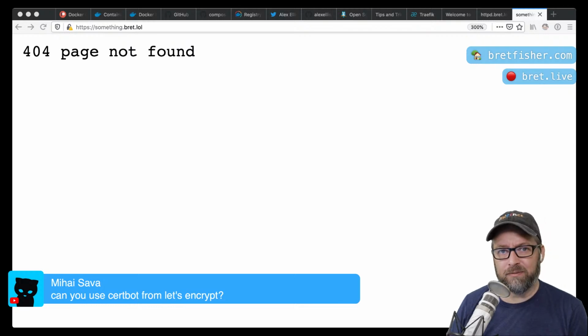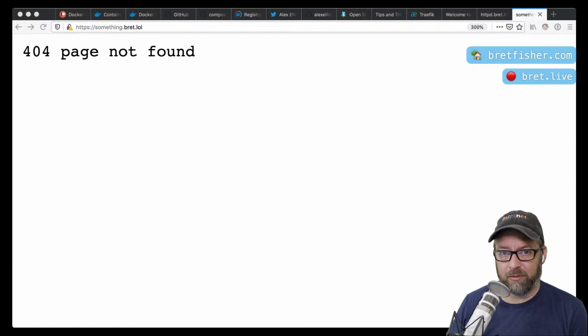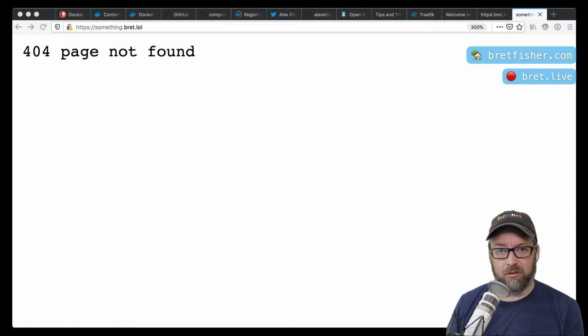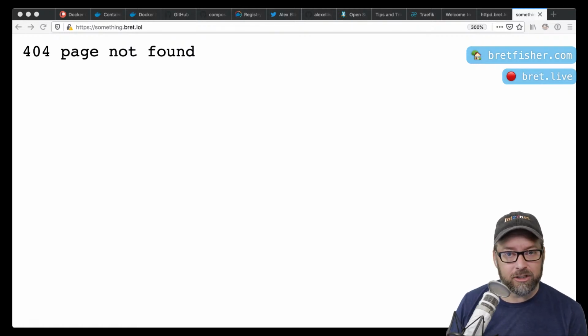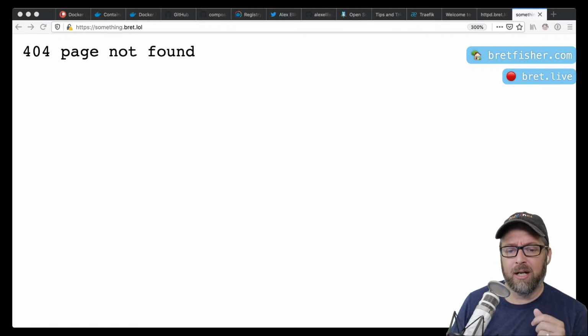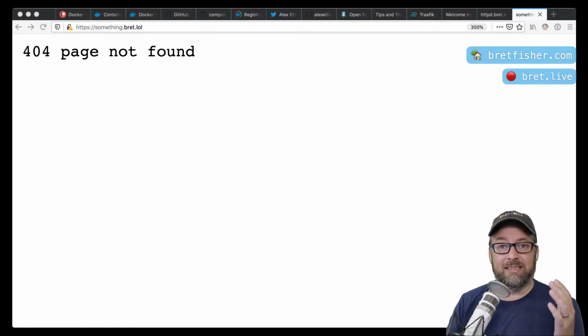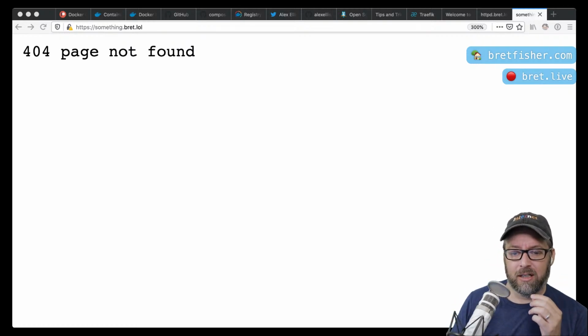The Let's Encrypt functionality in traffic doesn't need certbot because it's built into traffic, which is kind of awesome. If you want to use certbot for some reason, you would probably be using a different solution. Maybe you're on Kubernetes and you want to use cert-manager, right? That project is something like certbot for that. Or if you're using Nginx and doing this a little bit manually on your own, you might look at certbot. But a lot of these orchestration solutions are trying to get around that by saying you don't have to run certbot yourself.